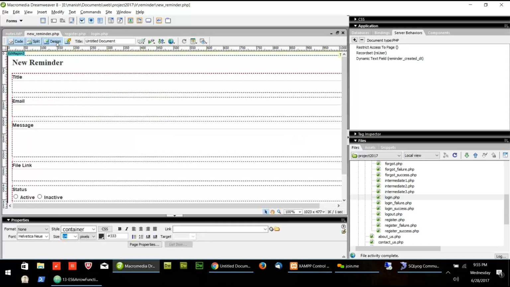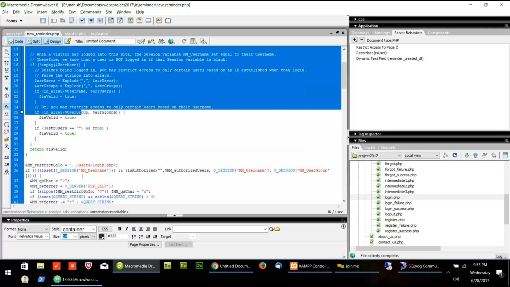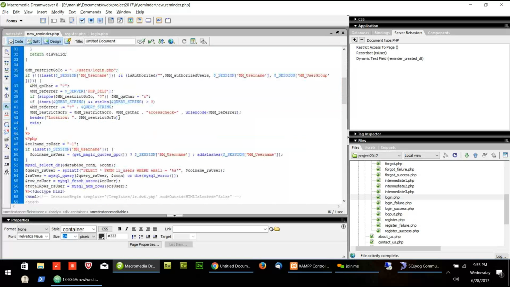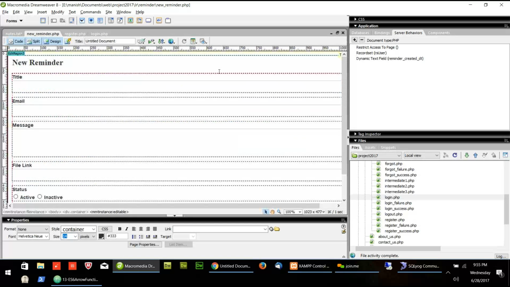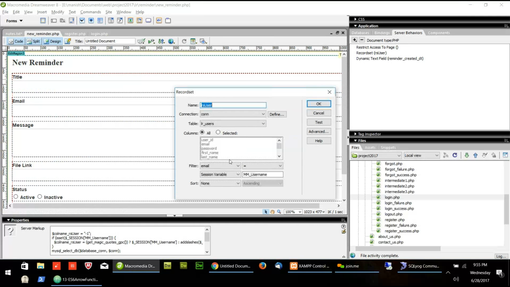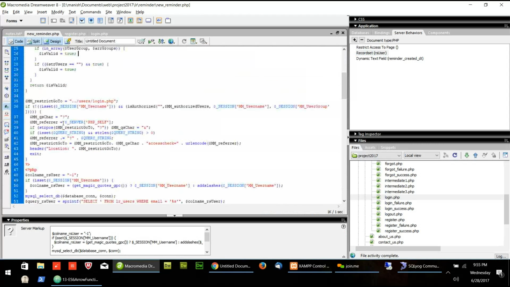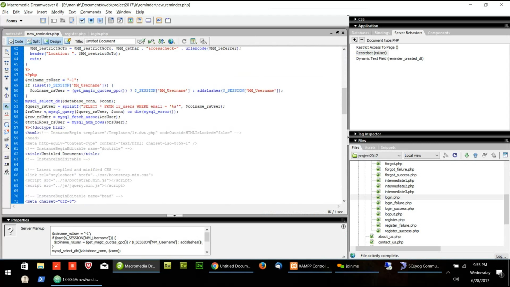Okay, so now it starts the session and it does check if user is logged in or not. If it is not logged in, it will send the user back to the login page, and then we get this record set, and record set means we are asking to get the details of the user with session username. Now if I print out this one, I will show you how to see the user. If I print out this part,